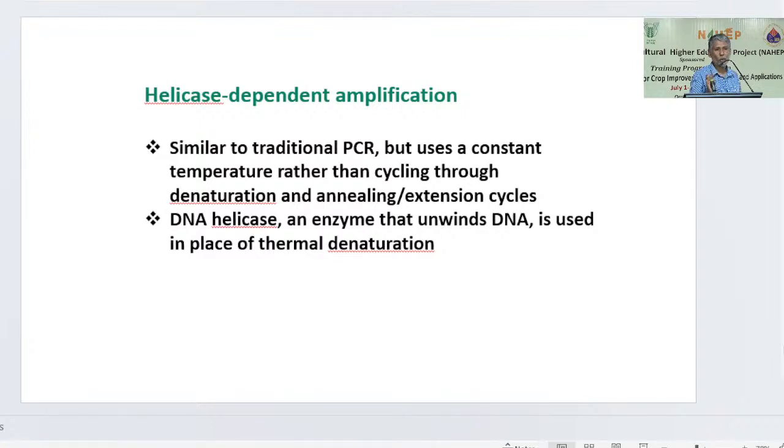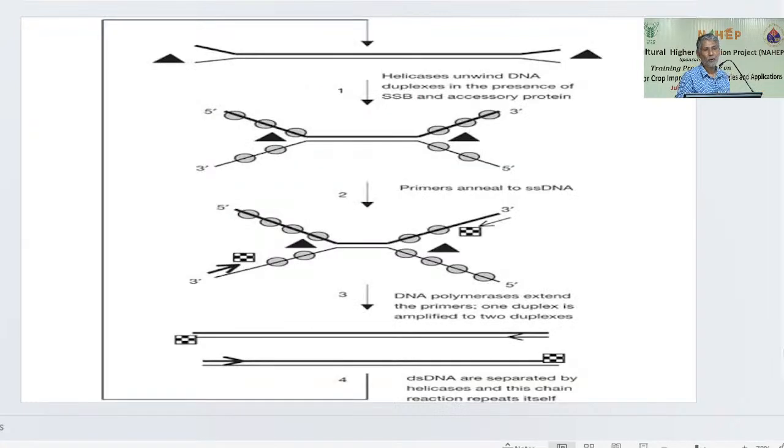Now helicase, you know what it does? Unwind. So instead of denaturation, if you give helicase, it will also do this same one job. So you are actually putting the polymerase and helicase together and put in your DNA and go home. Next day morning you will be seeing that your band has come. Understood? Because